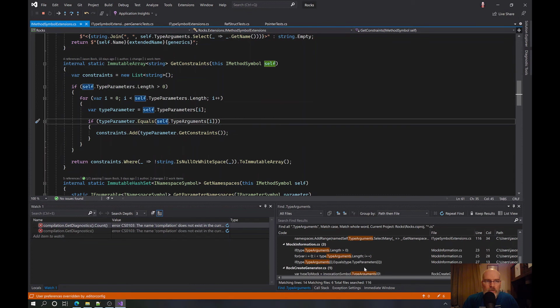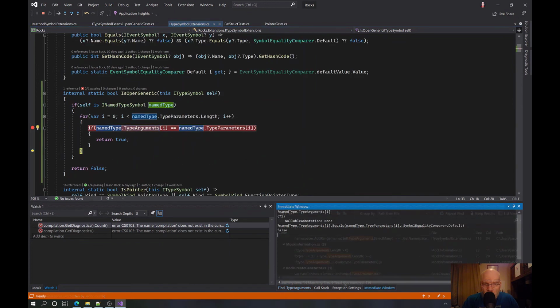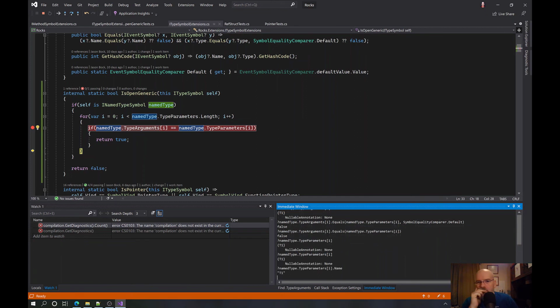Yeah, I don't understand. They're both a T1. If the names don't equal, that doesn't make any sense. But unless you had a type of T, well, then it would get confused, I think, because it'd be like, well, you're saying the generic is a T1, but you have a type of T1 in scope, and I can't tell what you're doing.